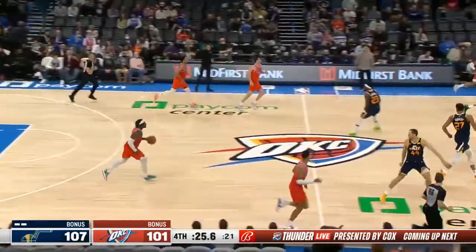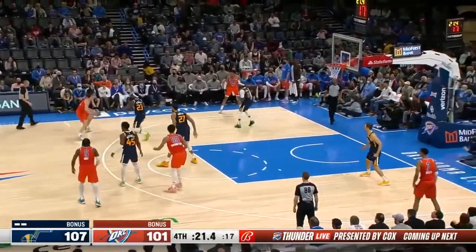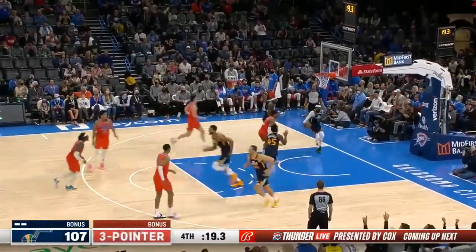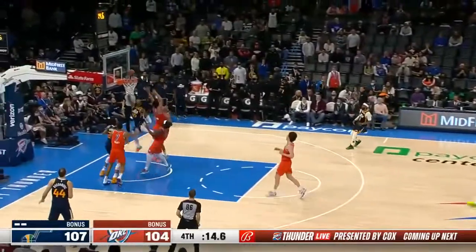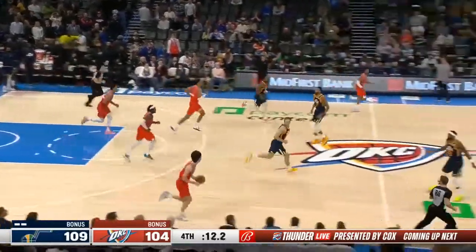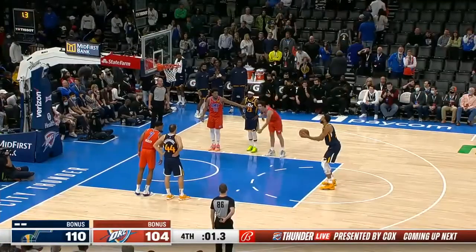The previous 2 offensive possessions for Utah. When Mitchell had been just completely nullified as that three from JRE over the outstretched arm of O'Neal. And it's a 3-point game. There's a Giddey three as Mitchell crashes all the way to the rim, and he puts in another bucket. As his offense was a big part of why the Thunder